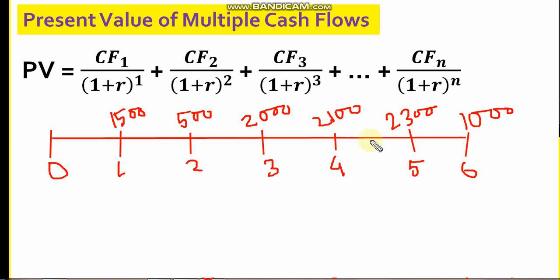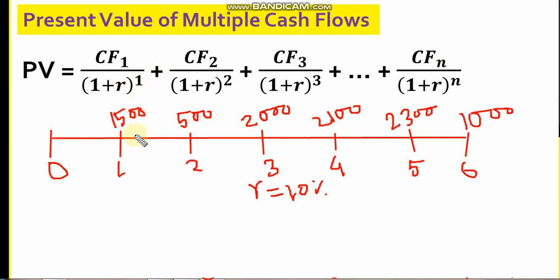Now how do I convert these? These are my future values. My problem is that I need to convert these future values into present value applying a certain discounting rate, right? For example, for simplicity, the discounting rate is 10%. So what I have to do in this case, the problem remains the same, the calculation remains the same. I have to just separate them, right? I have to separately convert individual items into present value, and at the end I have to add them all.